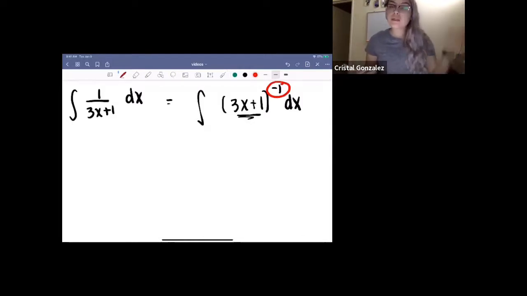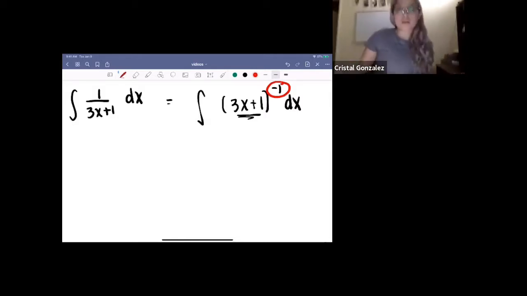I mentioned this in earlier sections: the power rule, where we add 1 to the exponent and divide by it, only works for anything that's not negative 1. We actually have a different rule for when that happens. And the reason this doesn't work, if you've come to my office hours, I explained this, is that if we were to try to apply it,